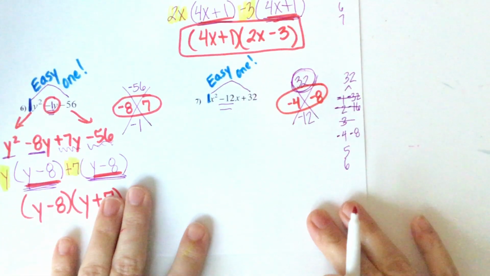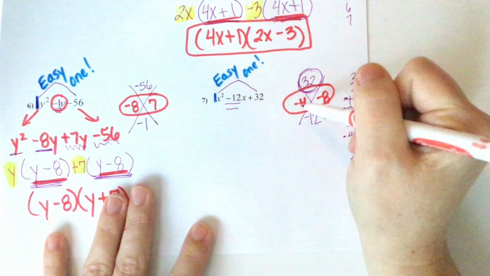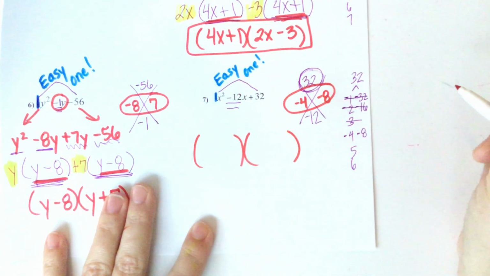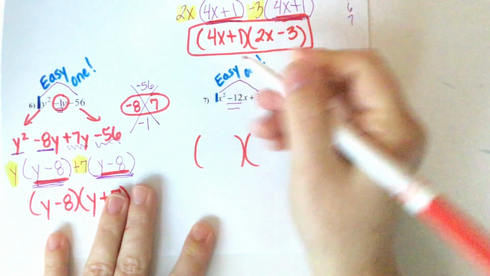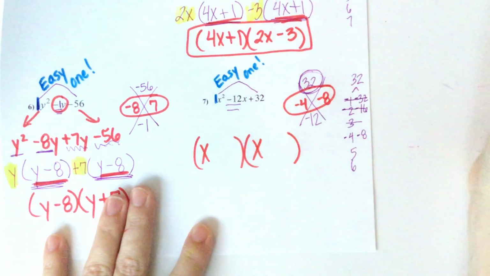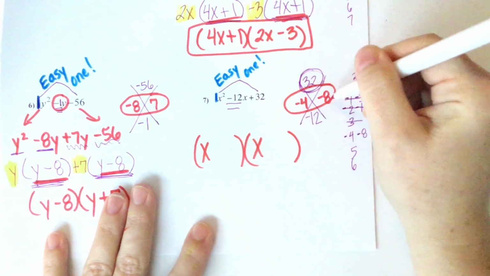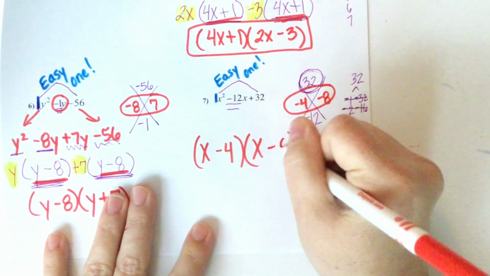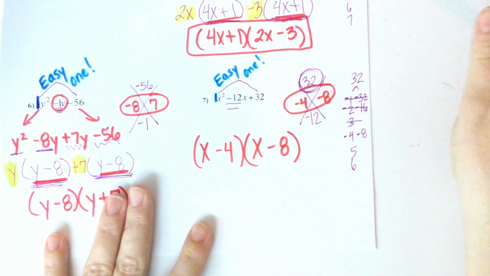Okay, so let me show you how to do the easy one. Once you get your numbers, build your two sets of parentheses. Whatever letter the problem's working with goes in the front, and whatever the two numbers you found go in the back. So minus 4 goes in the back, minus 8 goes in the back,